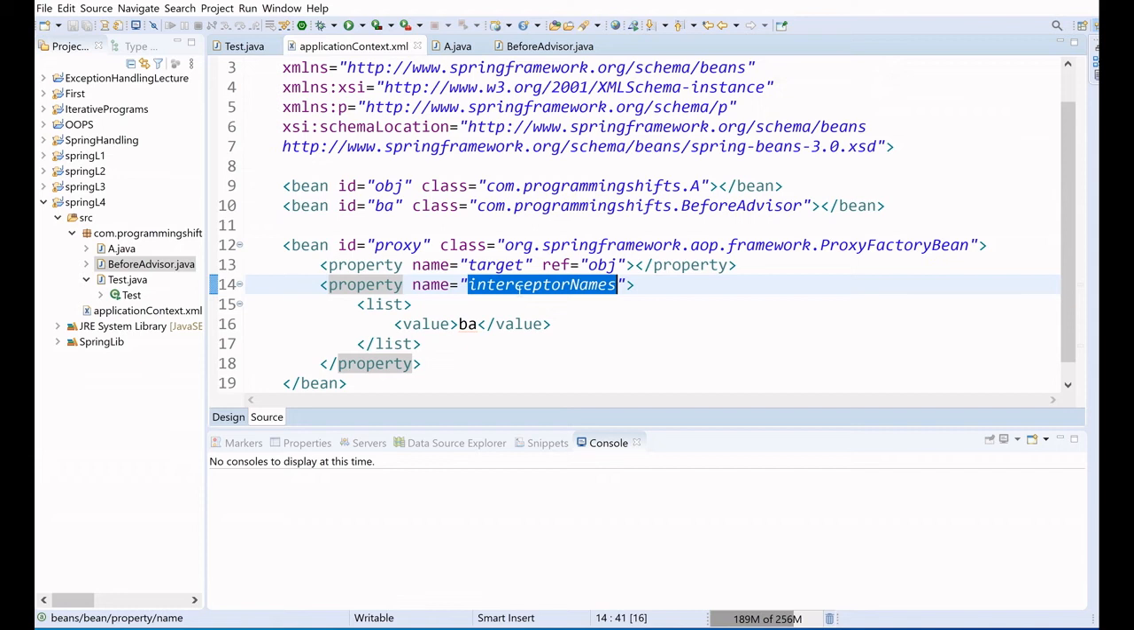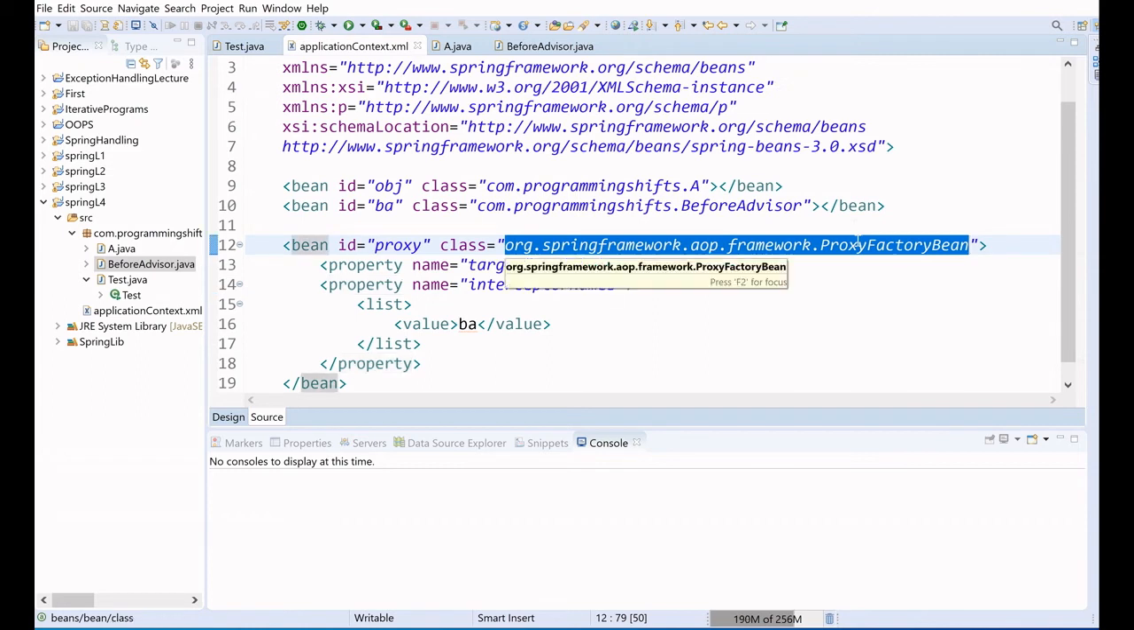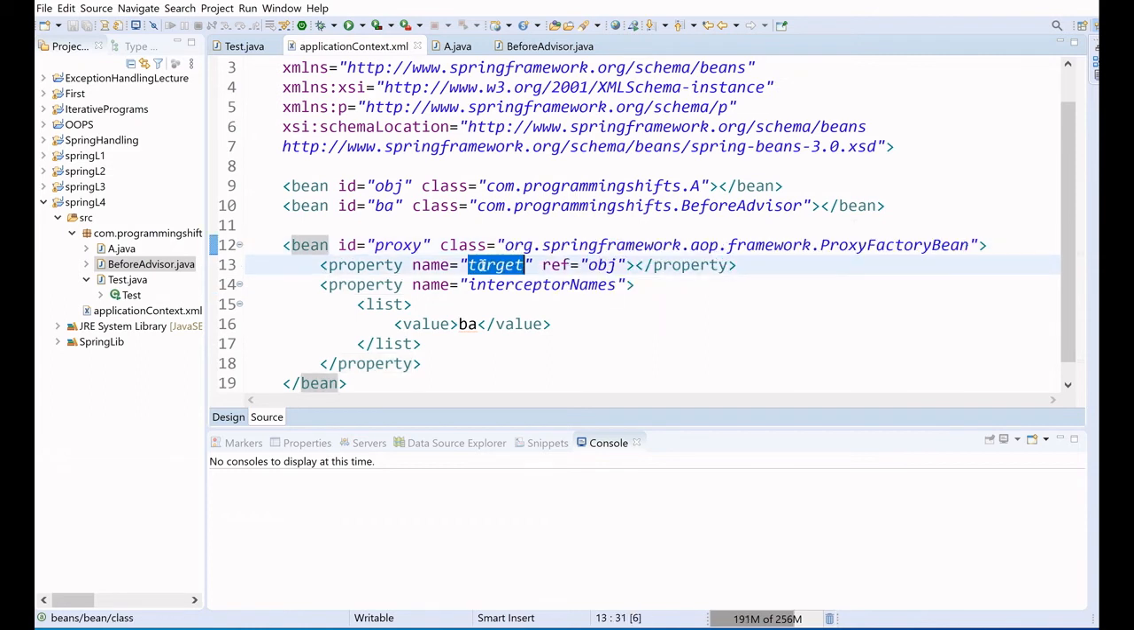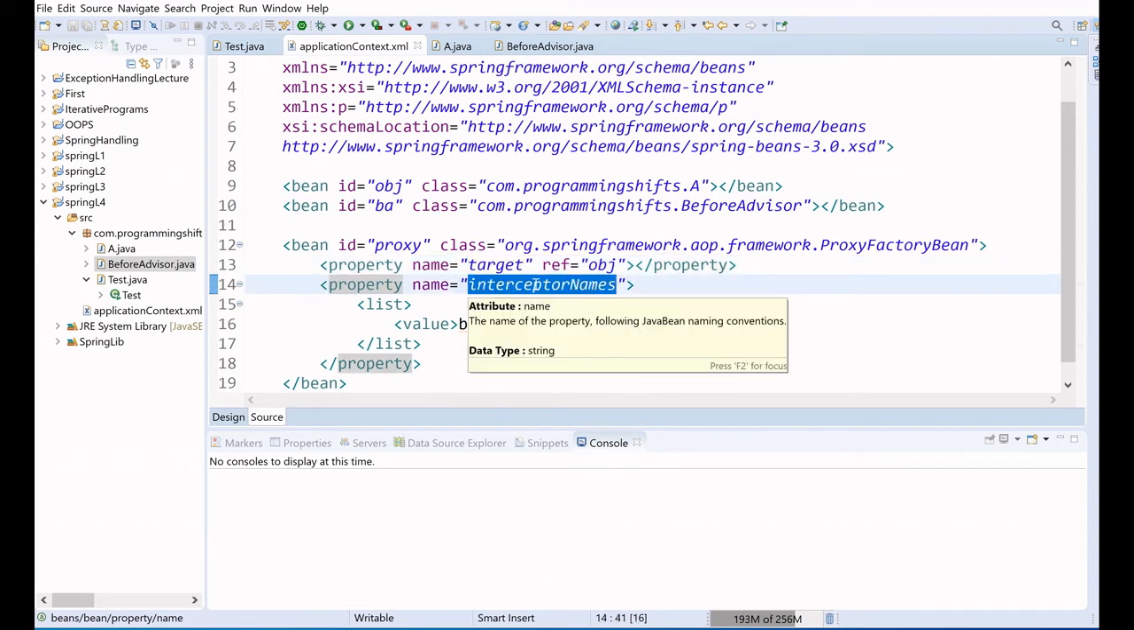The proxy class is written something like that. You have a class ProxyFactory, and inside we have two objects: the target object, and another of list type, the interceptors, right? So that we have to understand. Okay, so let's